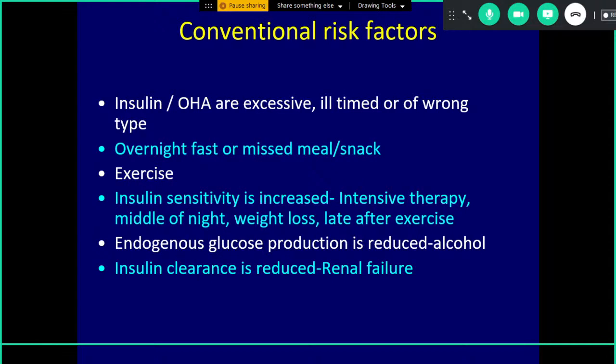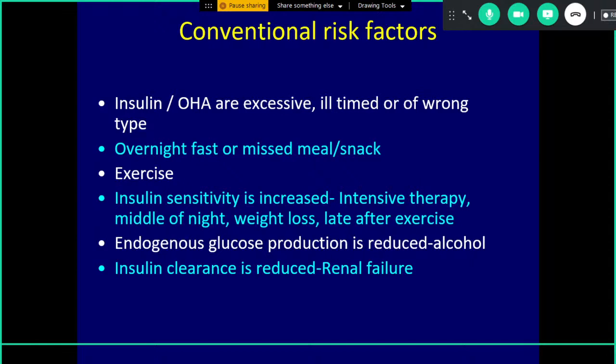So obviously there are certain risk situations. If you've given too much dose, whether insulin or oral agents, bad. The person has delayed the meal. There's been too much exercise. Over a period of time, the insulin sensitivity has increased. What's happened is that when you started, the patient was overweight. With his or her efforts, the patient's weight has become less. They become more insulin sensitive. Therefore, an agent which was appropriate for a previous weight and previous level of insulin sensitivity has now become excessive,